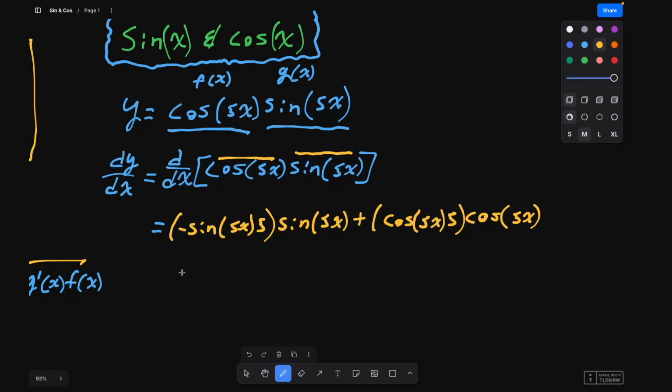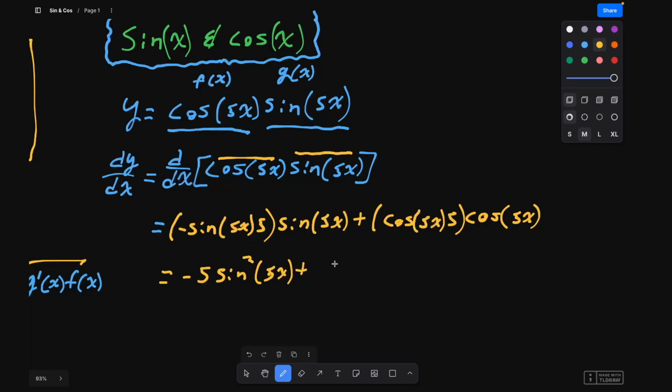Now we can simplify this. We have a negative and a 5 here that we can pull in the front. And then we have sine of 5x times sine of 5x, so that's sine squared of 5x. And we have plus